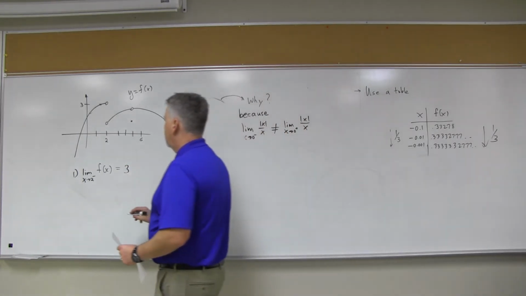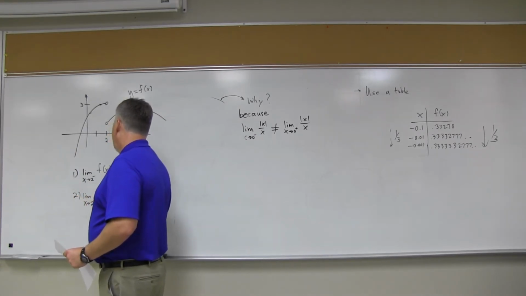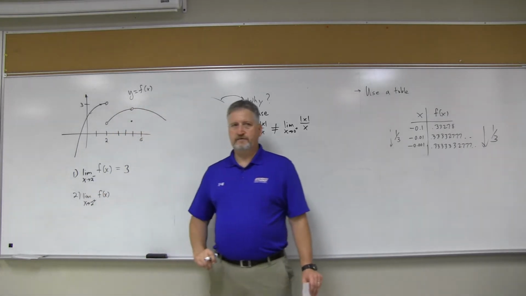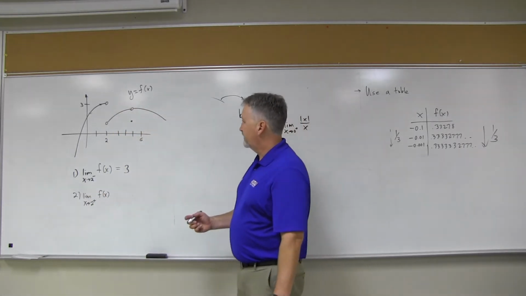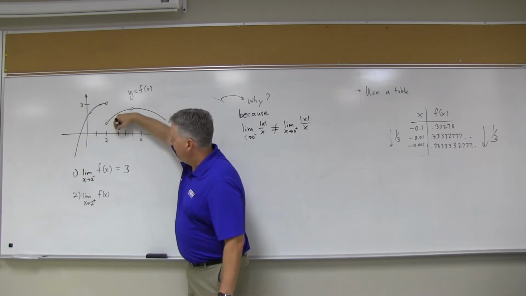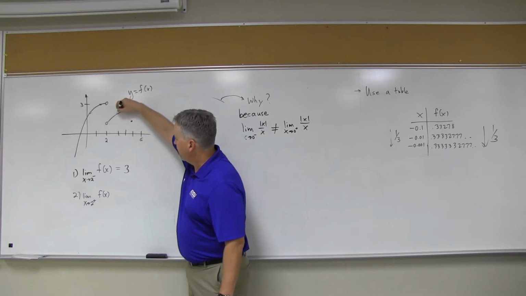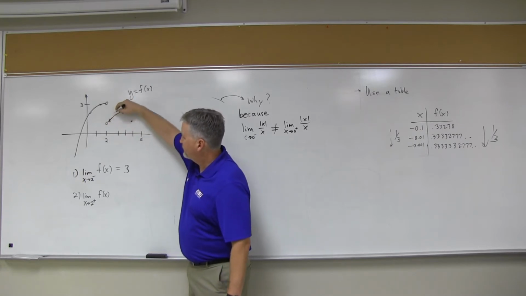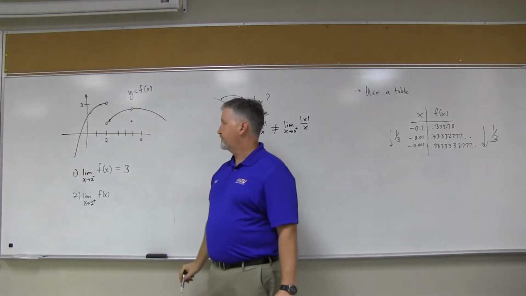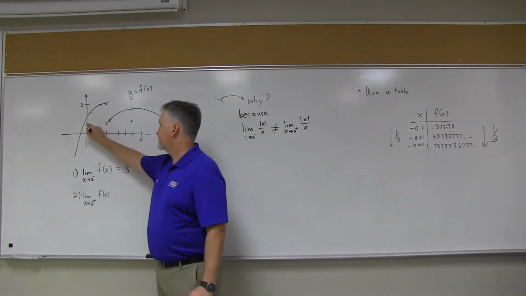Now, on the other hand, what's the limit as x approaches 2 on the plus side, the right? Well, we're looking at approaching 2 from the right, so that's from the greater than side, so I'm getting closer and closer to 2 from the right. Well, that's talking about this piece, isn't it? And so as we go closer and closer to 2 there, it looks like these function values are getting closer and closer to this little circle here,